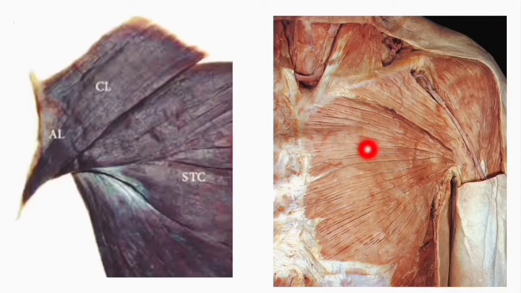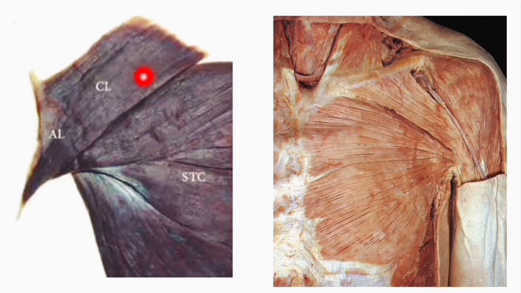Here you can see the cadaveric specimen of pectoralis major. With the help of this, you can easily identify the muscle. They may pin this structure and ask the nerve supply of the muscle or the origin and insertion. The nerve supply is from the medial and lateral pectoral nerves, and you can see the origin from the clavicular fibers and the sternocostal fibers. From the medial 2/3 of clavicle, the sternum, the costal cartilages, and the external oblique muscle aponeurosis, and insertion is on the lateral lip of intertubercular sulcus.